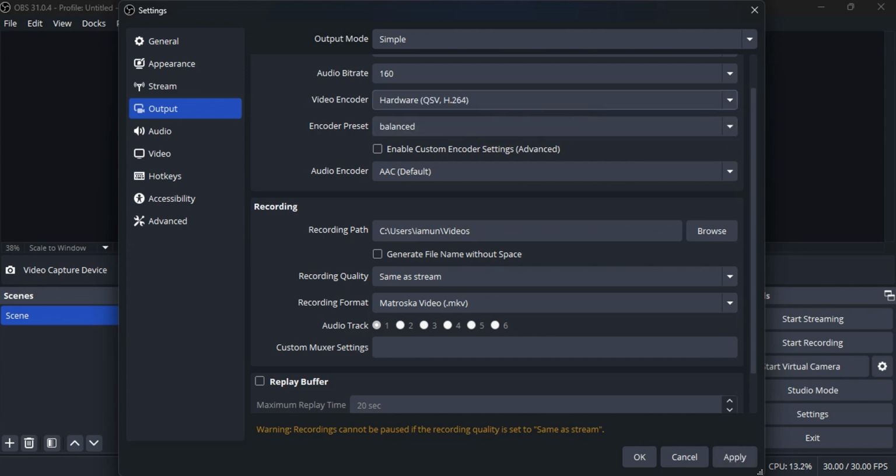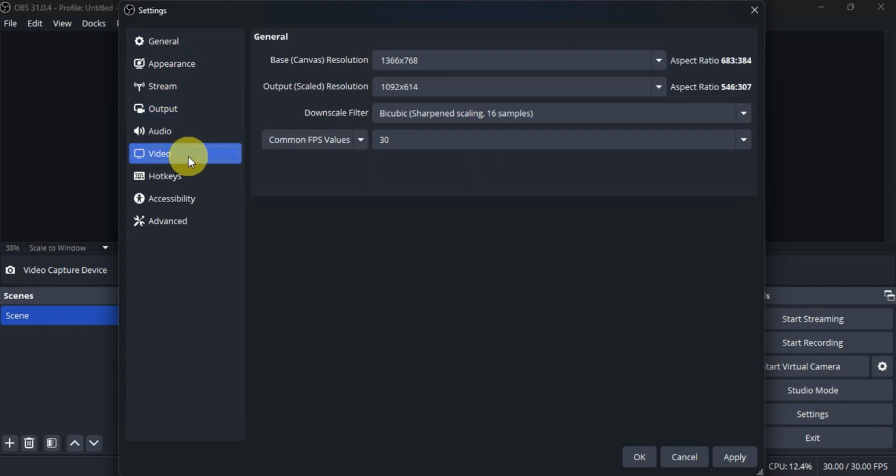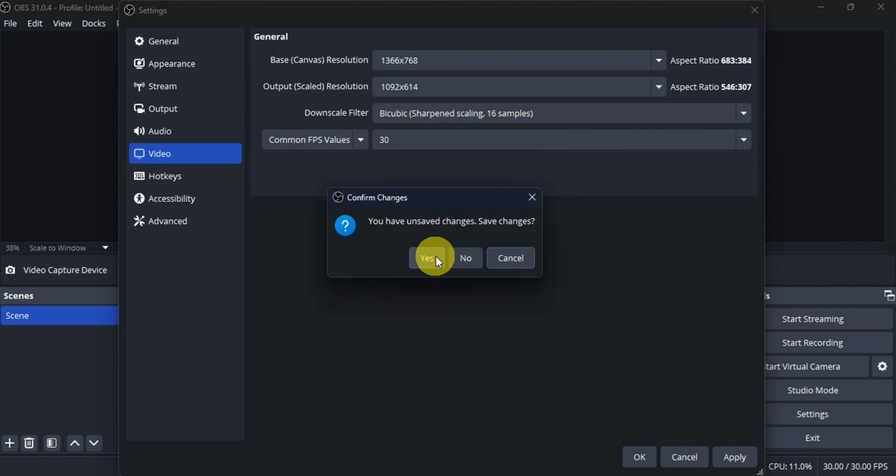And then right after, for video quality, the same thing here under settings, just go here on video. And for the base, you could choose the resolution. So feel free to choose your screen resolution for output as well, same as above unless you want smaller videos. And for FPS in here, 30 or 60, so 60 for smoother videos, especially for gameplay. So once everything is already set on your device,